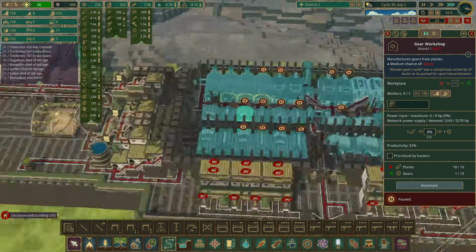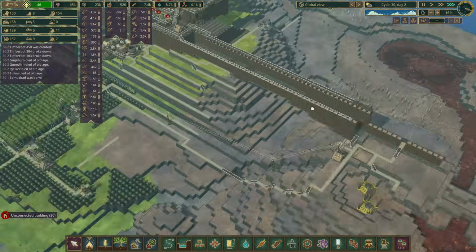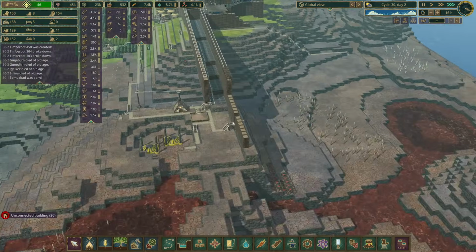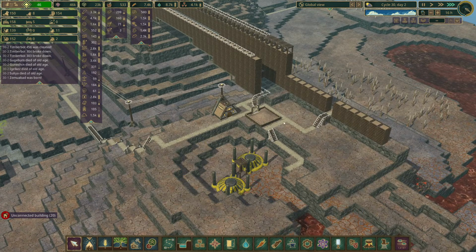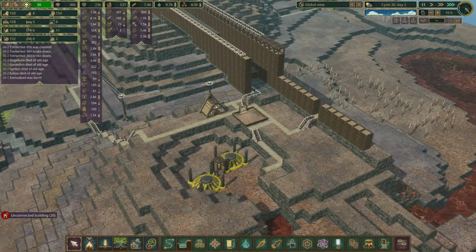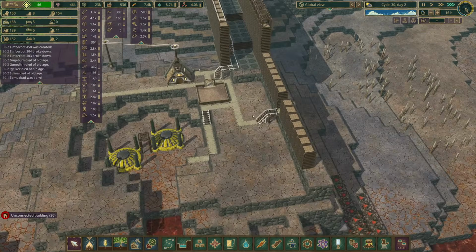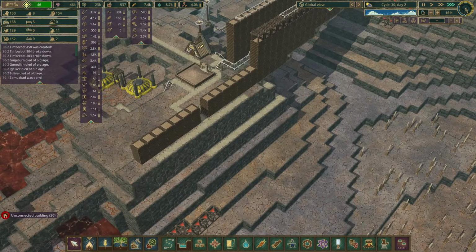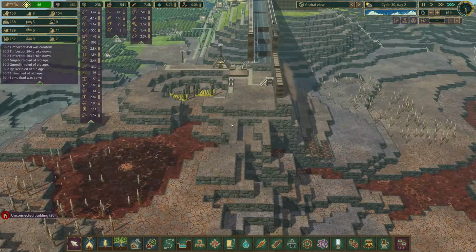Okay, I think in the next live stream we're going to do all the automation stuff. But for now, let's focus on this reservoir. Yeah, the wood was scary. We were running pretty darn low. But now,